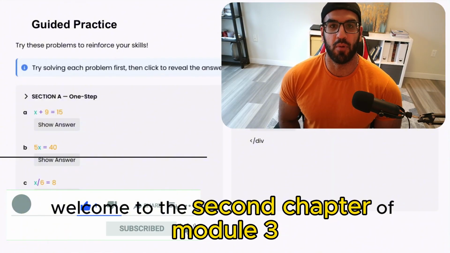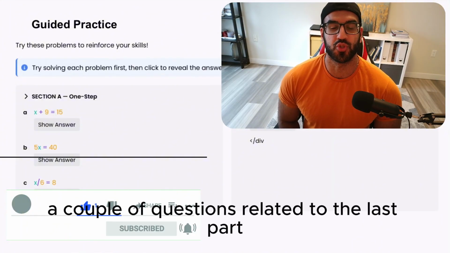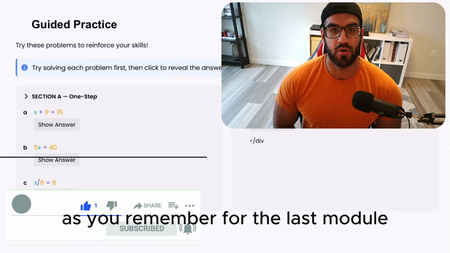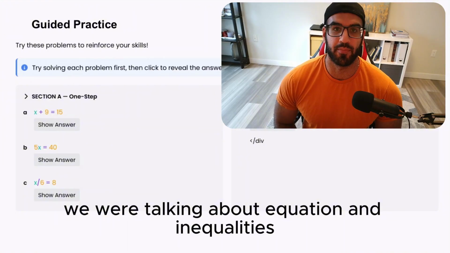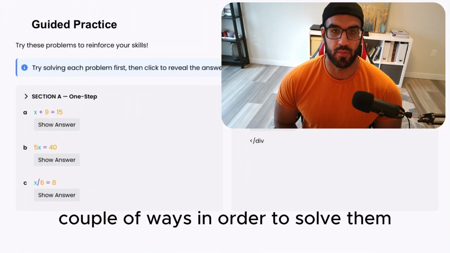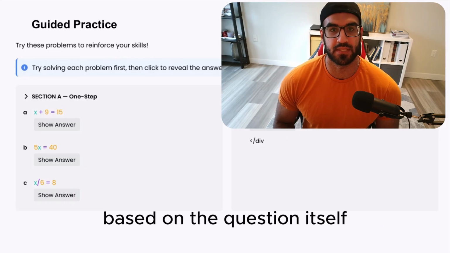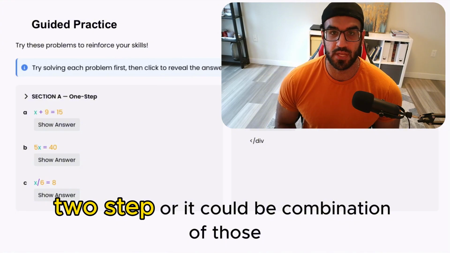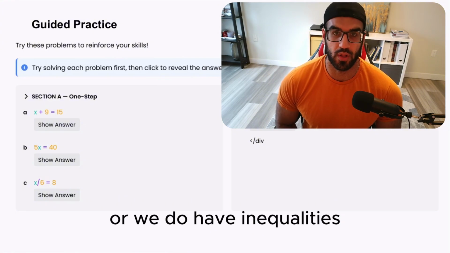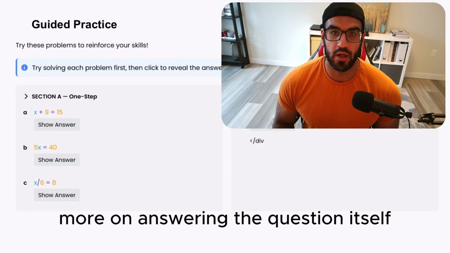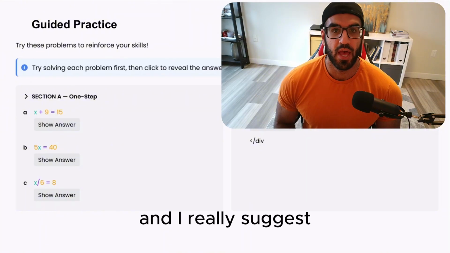Chapter of module 3, in which we are going to solve a couple of questions related to the last part. As you remember, for the last module we were talking about equations and inequalities, and we had a couple of ways to solve them based on the question itself. Either it's going to be one step, two step, or a combination of those, or we do have inequalities. So at this point I'm trying to focus more on answering the question itself, and I really suggest